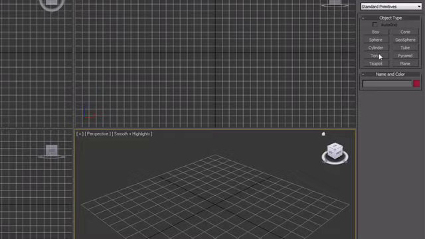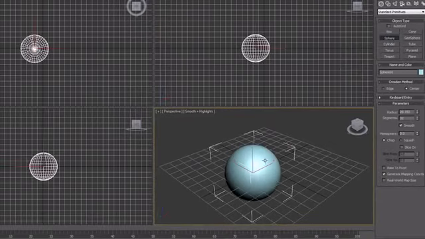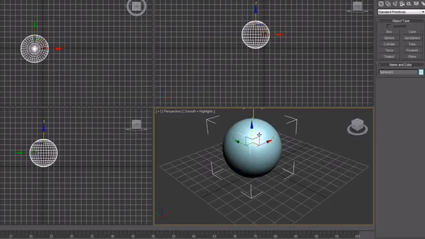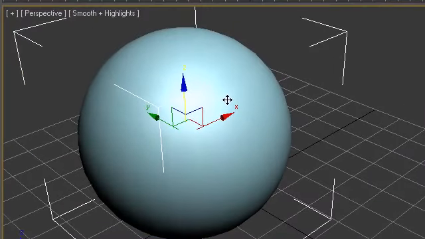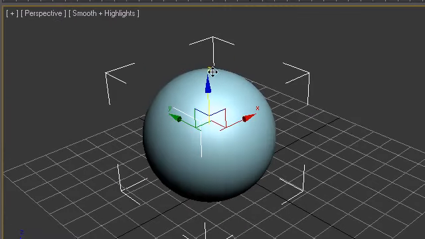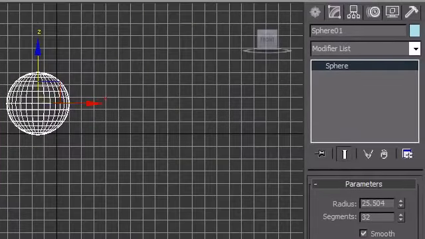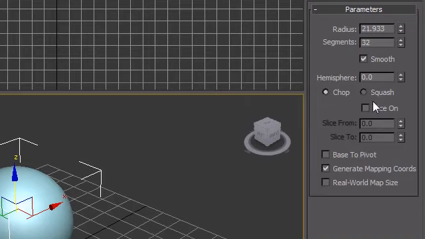Now we already created one type of object, and let me demonstrate that, just like a basic sphere or something. What these basic geometric objects are called are parametric objects, and that's all we've been creating so far. If you're wondering why they're called this, if you go in this modify panel, how you edit these objects is basically through parameters like radius or segments, hemisphere, slices, but it doesn't really give